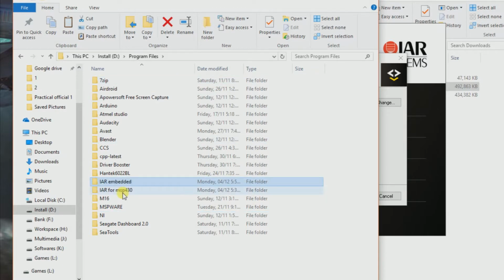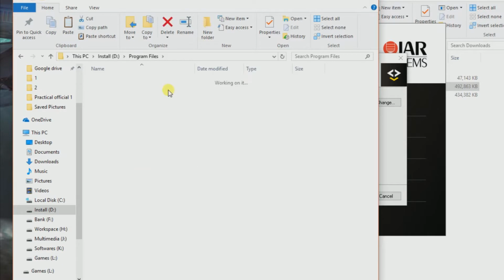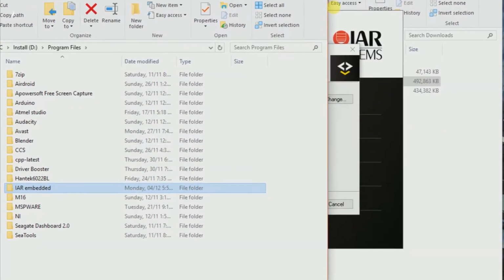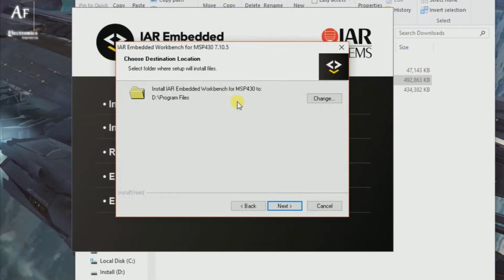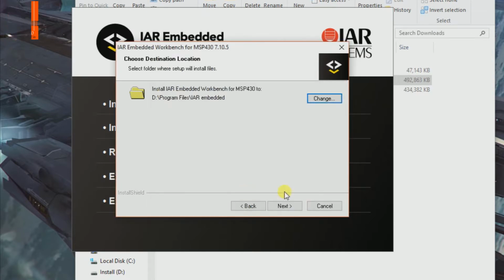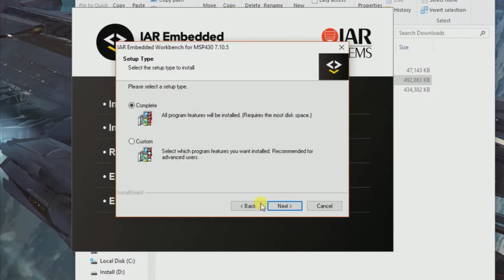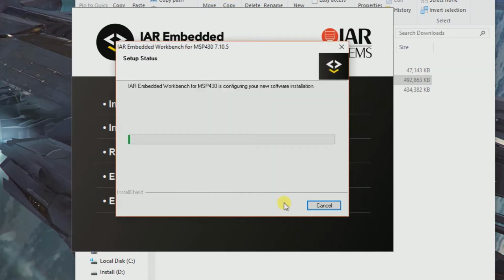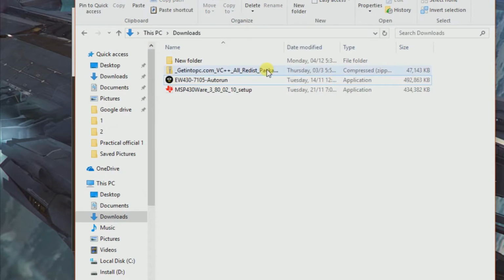embedded. Alright, that's the old one. Yeah, so I have created a new folder called IAR embedded. So now let's change it under Program Files, IAR embedded. Yeah, there we go. Click OK. Next, complete. Next, 7-zip, whatever. Next, install. It definitely takes a lot of time. It's around 500 megabytes in size,